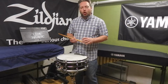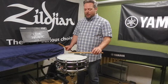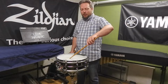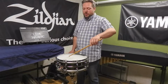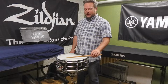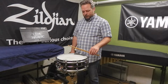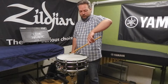So, the way that I work on my buzz roll, what we want to have happen is, at the moment that the stick hits the head, we want the stick to be as perpendicular as possible. So, if you're at an angle, the stick can't bounce back, and so it reduces the number of bounces that you can get. So right when the stick hits the drum, we want the stick to be as flat as possible so that you get the most bounces possible. Right? As opposed to...